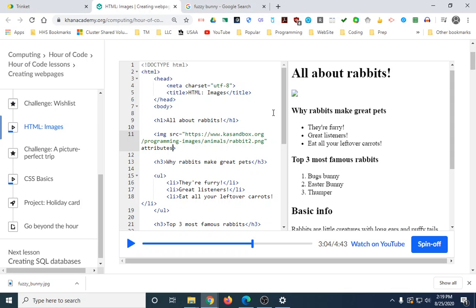So it gives that written thing. Now, she's going to talk about this, but I want to put my 2 cents in too. There's another reason for this. If someone is blind, they can actually use basically a text reader to read that. So it'll say title, all about rabbits, picture, rabbit with lop ears, and it'll just kind of read the web